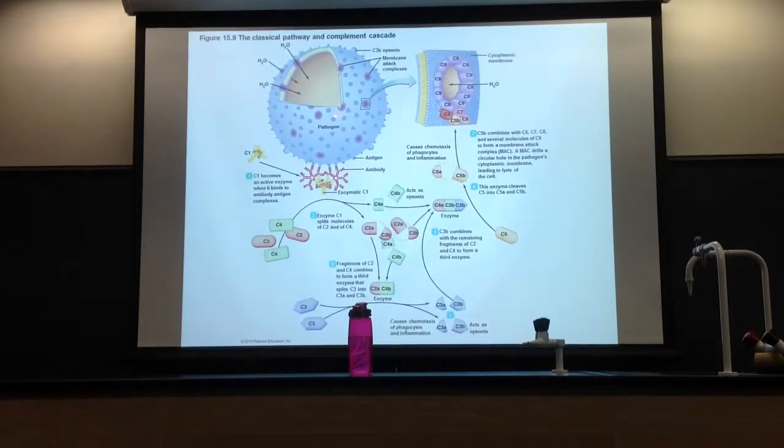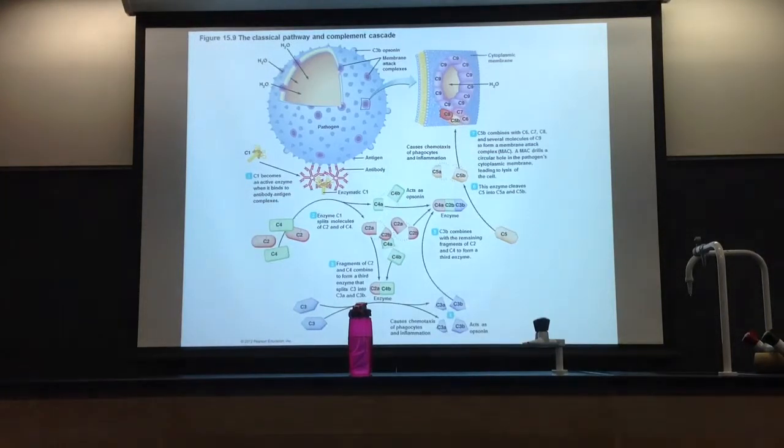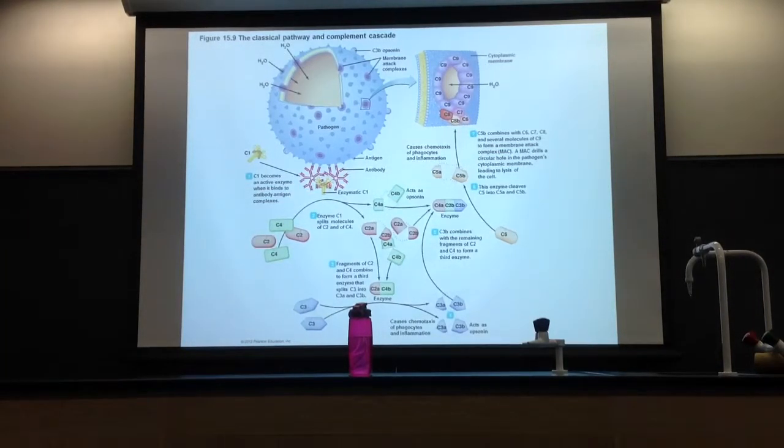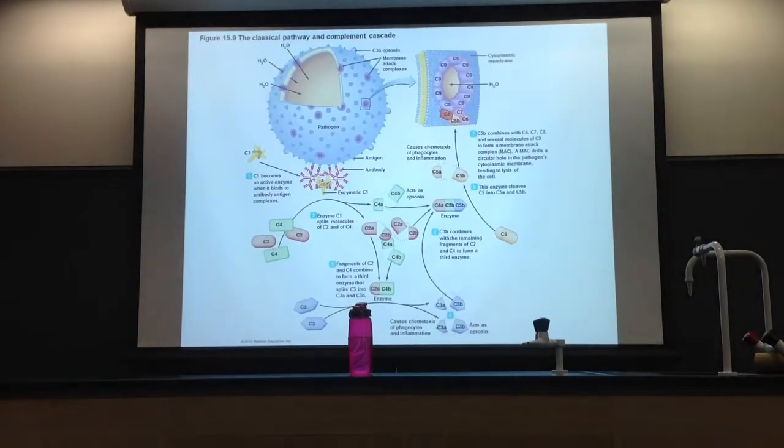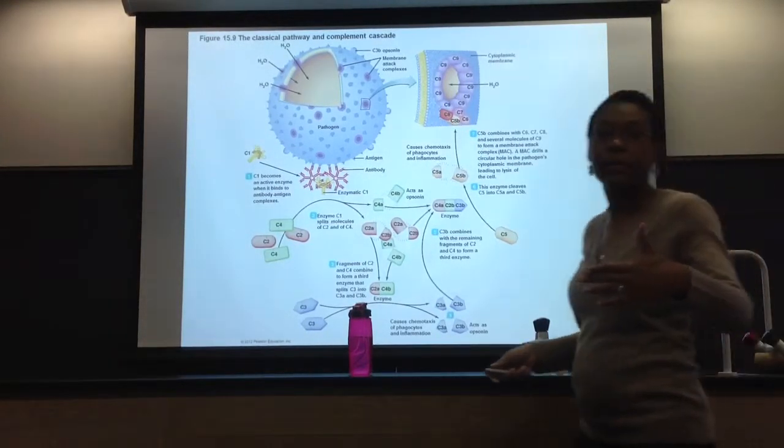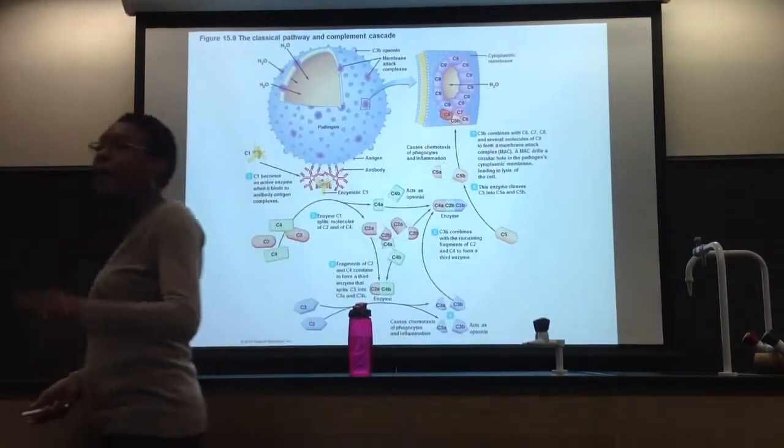This is really the classical pathway. This guy's a pathogen. See that guy? That's an antibody, right? Binding onto antigen. Okay, great. This guy is a part of the whole process. So complement is basically lots of proteins. C1 just starts everything off, okay? If C1 finds an antibody, he binds to it, it just starts the whole process, right? The whole process ends in what? Okay, at the end of the day, right? You make a what? MAC attack, right?